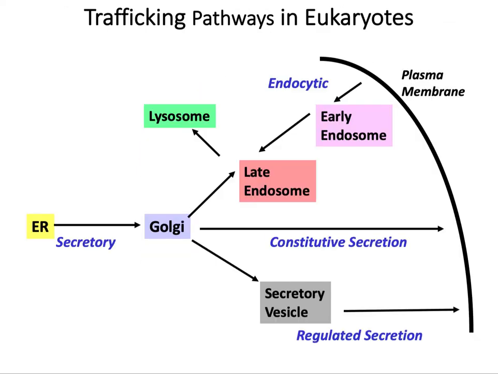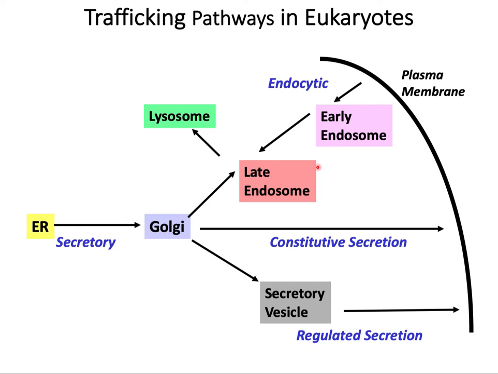So here are all the trafficking pathways that we were talking about in eukaryotes. We talked about the vesicle trafficking from the ER to the Golgi. We then talked about a pathway where the lysosomal hydrolases are moved to the Golgi apparatus, to the late endosome, or to a lysosome. We looked at several pathways from Golgi to the plasma membrane, the constitutive secretion pathway and